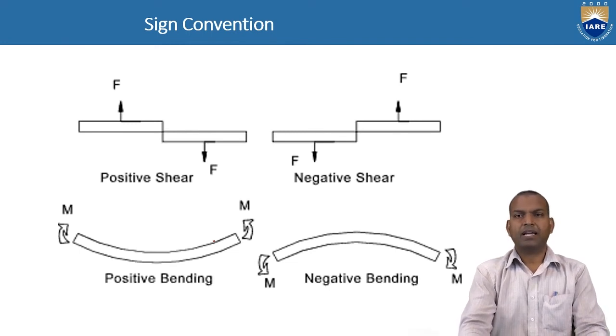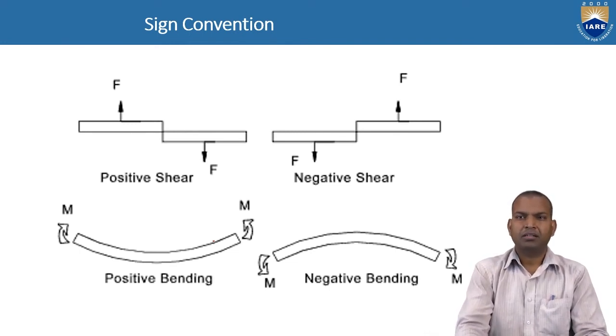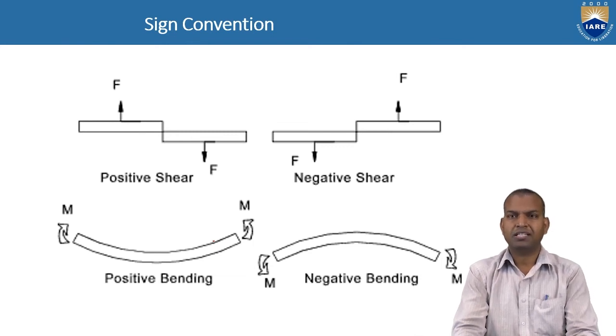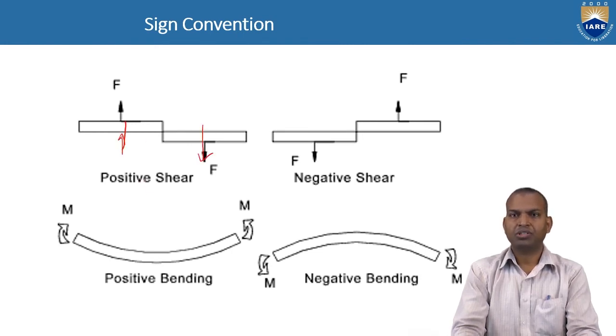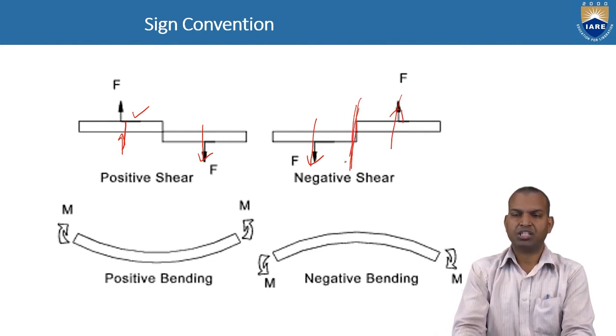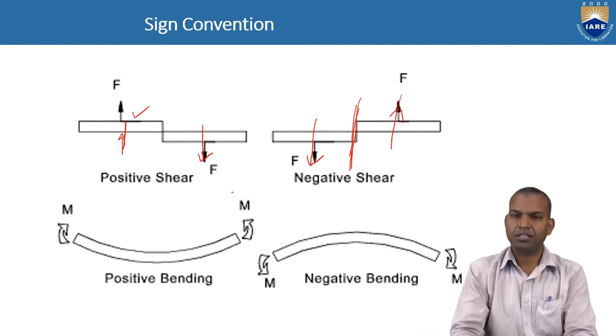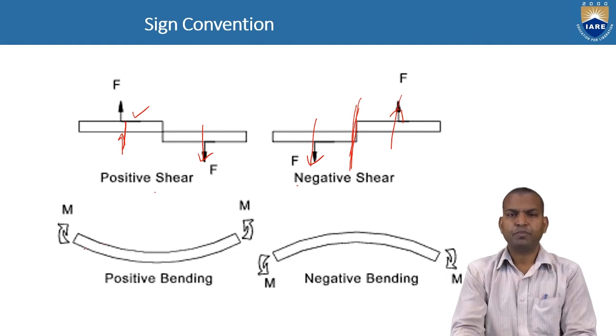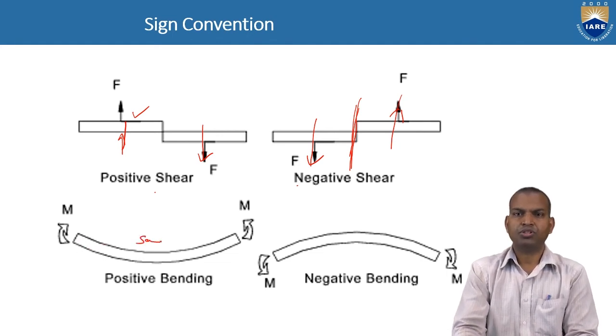Further, to make you understand sign conventions better, you can see how the positive shear force works. Here this direction is moving upwards and this direction is coming downwards, then it is a positive shear force. And here you can understand the negative shear forces, moving upwards and downwards. The cross section at this portion is the section of the beam. So shear force is positive, shear force is negative. Positive bending moment is called sagging portion and this is hogging portion.